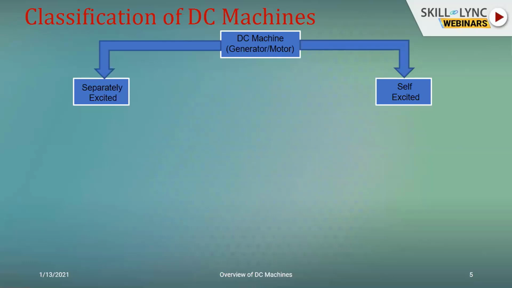That is what needs to be understood. And similarly, if you need to talk of the self-excited system, then the field winding would be excited by its own armature. That is the difference between a self-excited and a separately excited machine. In a self-excited machine, you do not have an external excitation source. You have its own armature, which will be responsible for the excitation of the field winding. And in such machines, the field poles, we'll be getting to what the poles and the pole circuits are.